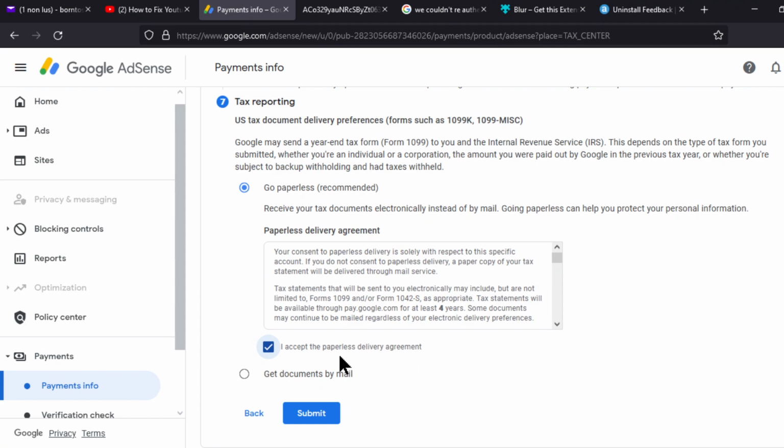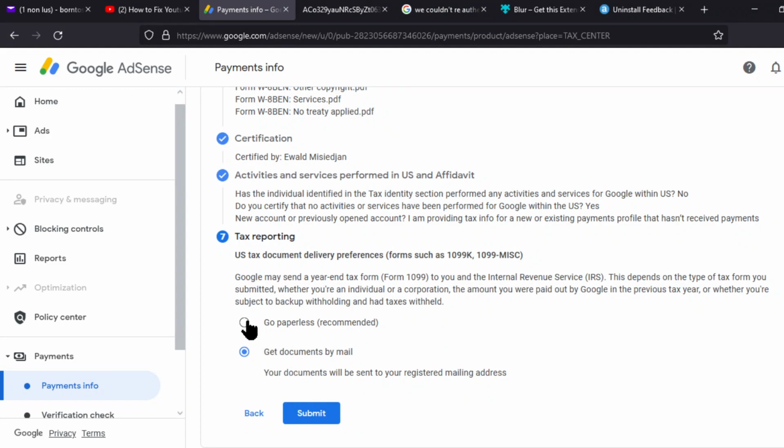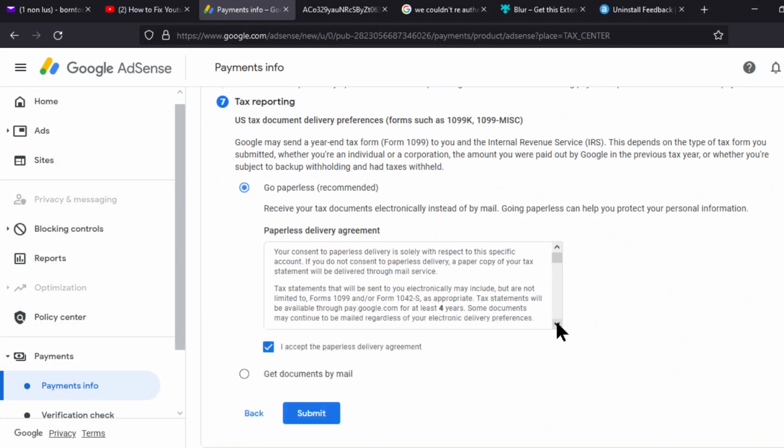I said the paperless, go to paperless recommended, blah, blah, took too much. What is this one again? Oh my God. They just give you choices to...